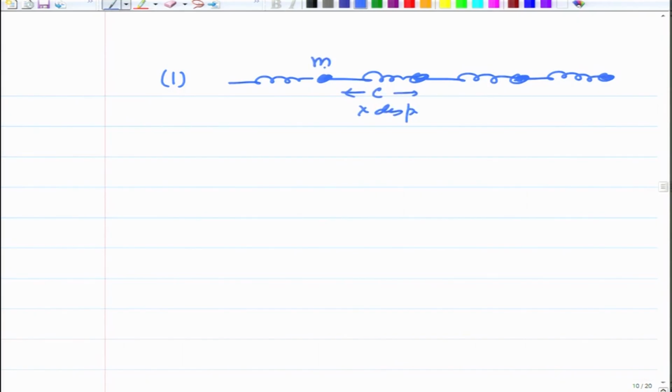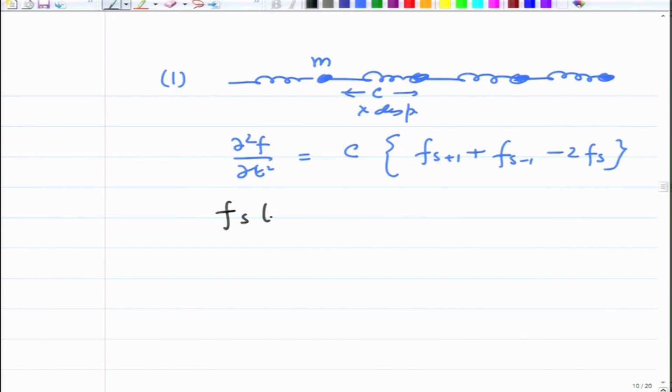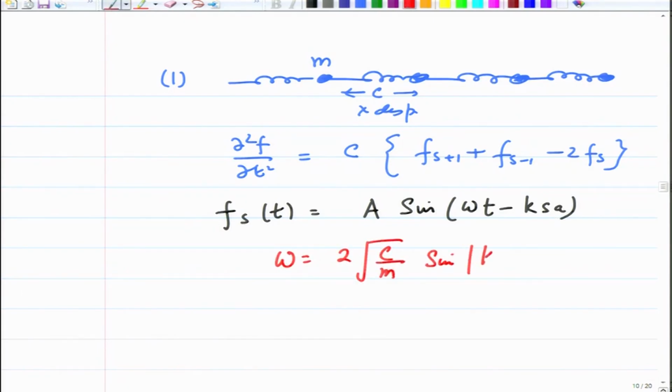So, with this I will conclude this lecture by saying that 1, in a discrete lattice, I keep making this spring again because I want to show that this force is proportional to c times displacement, mass is m, then the equation of motion is d2f by dt square is equal to c times f s plus 1 plus f s minus 1 minus 2 f s, and the solution f s t is wave like with an amplitude a and frequency, sin omega t minus k s a, and the relationship between omega and k is 2 root c over m sin mod k a over 2, and k between pi by a and minus pi by a,